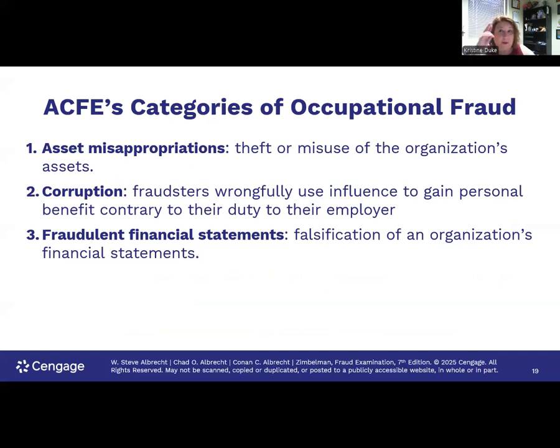Look, I remembered. Okay. Asset misappropriation is when somebody's stealing from you. That's when your inventory grows legs and they get up and walk away. When the cash just disappears, where did it go? Nobody knows. That's normally where you're going to find the majority of your fraud. People stealing from you, embezzling money. Corruption is the bribery. Fraudulent financial statements is your CEOs, your executive team that are making falsified statements on their financial statements in order to manipulate the market.